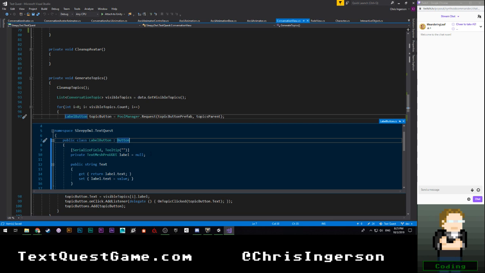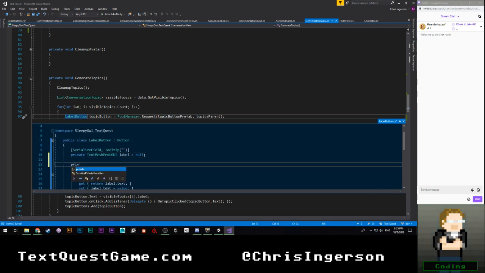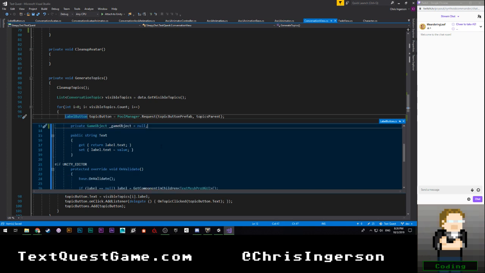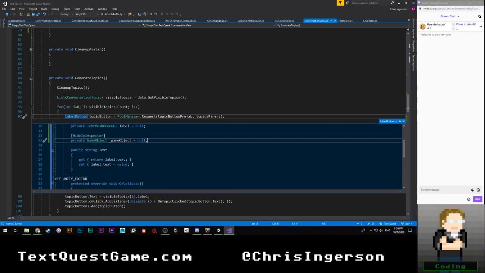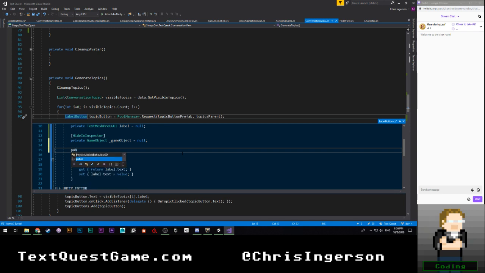I'm going to go ahead and cache this because we're going to constantly be recycling these things. So I'm just going to say private GameObject _gameObject is equal to null. We're going to make that hide in inspector. And then we're going to say new public GameObject.